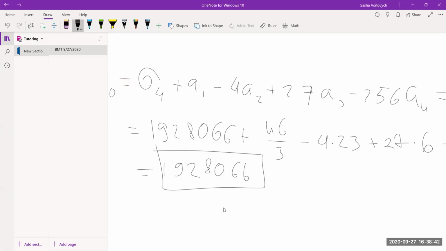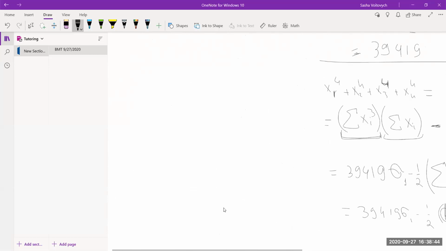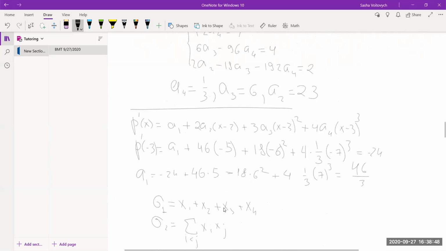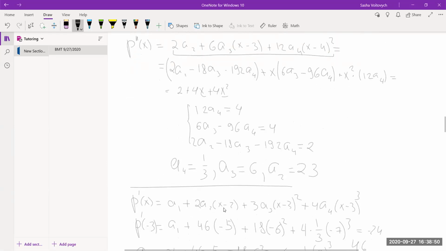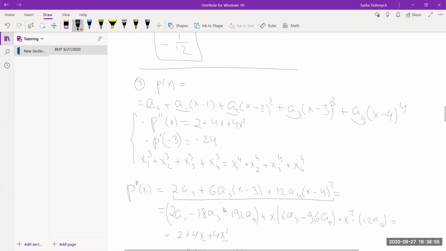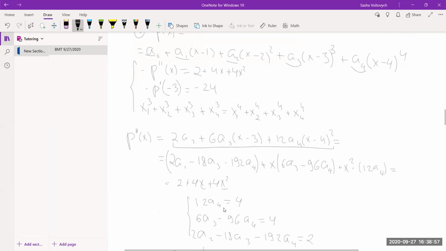Yes, so yeah, we got the result. I don't know if there is an easier solution, but I doubt it because the numbers are not really nice. So what we could do